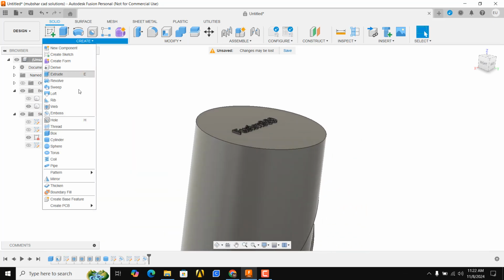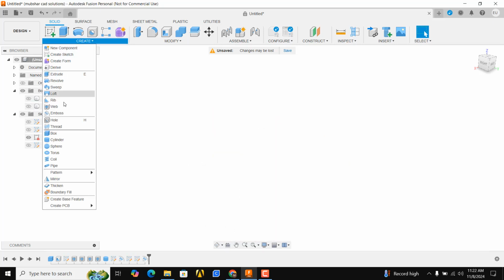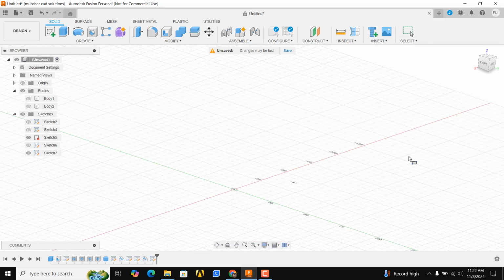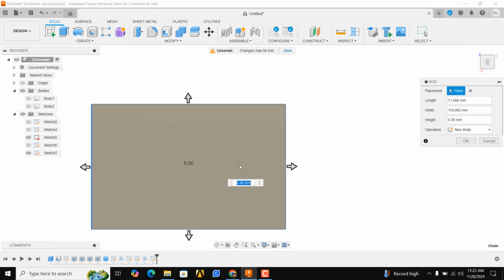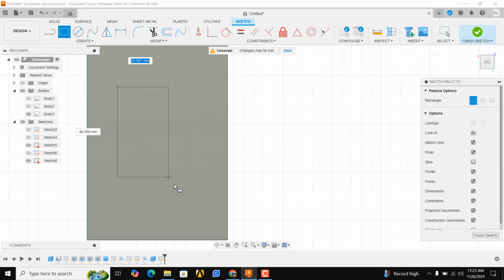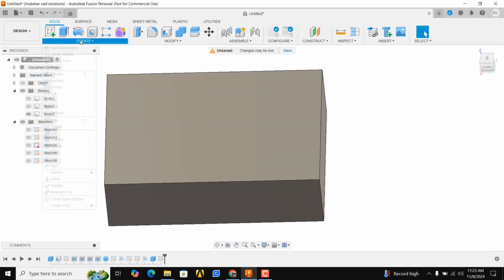After this we have hole. Again I will create another box, let's say on this top plane, and create a box like this, and I will create another sketch like this, exit the sketch. I will use this sketch later, so I hide it right now, and go to hole option,